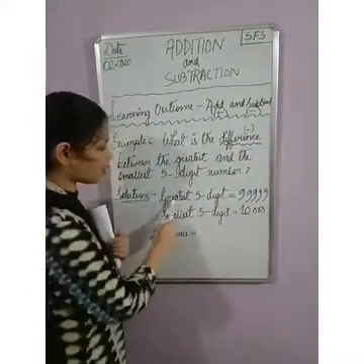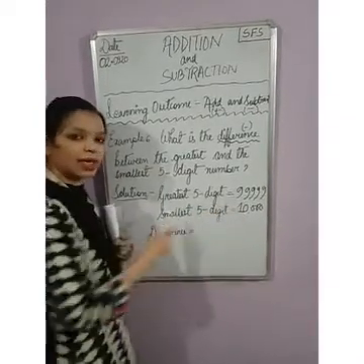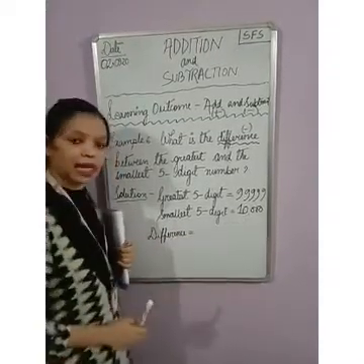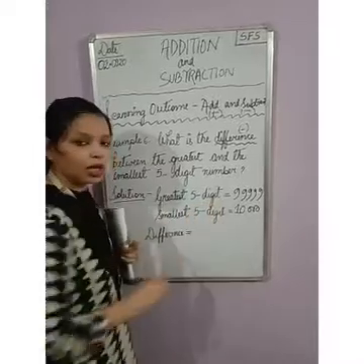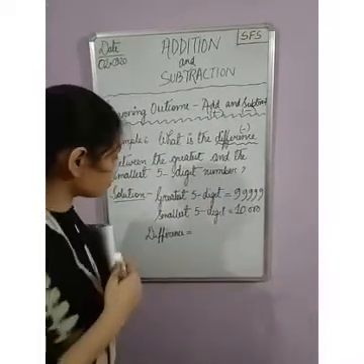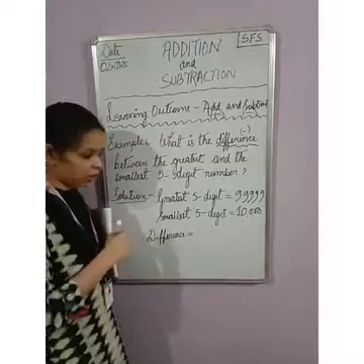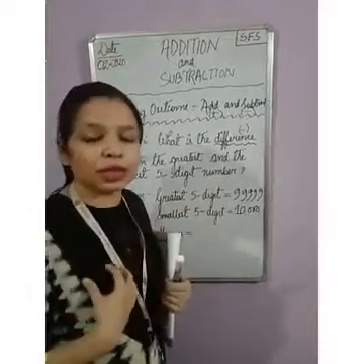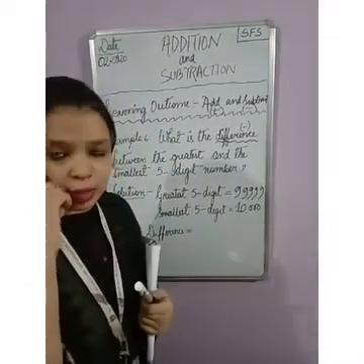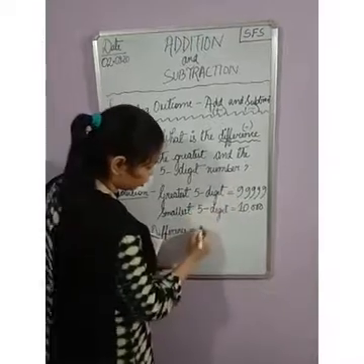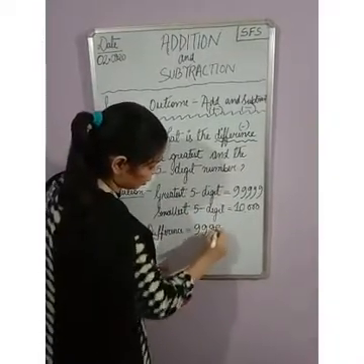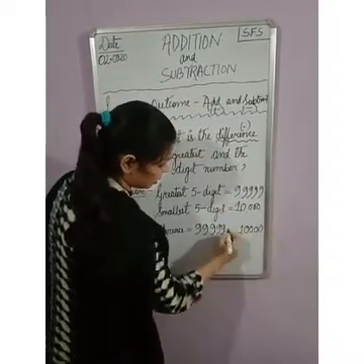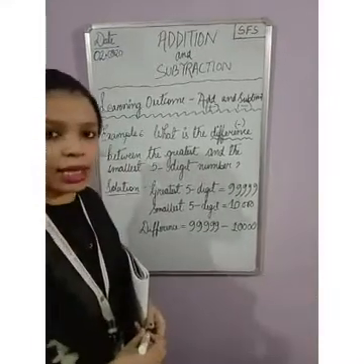So the greatest 5-digit number is 99,999. We already know that. And the smallest 5-digit number is 10,000. I have separated them using commas to separate the periods. Now to find the difference, we know we have to do subtraction, because we are asked the difference, so we have to put the bigger number above and the smaller number below. So what is the bigger number here? 99,999 and 10,000 we got here. And what is the sign? The sign is the subtraction sign, that is the minus sign.